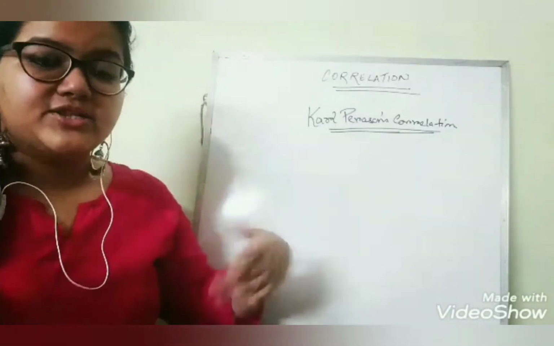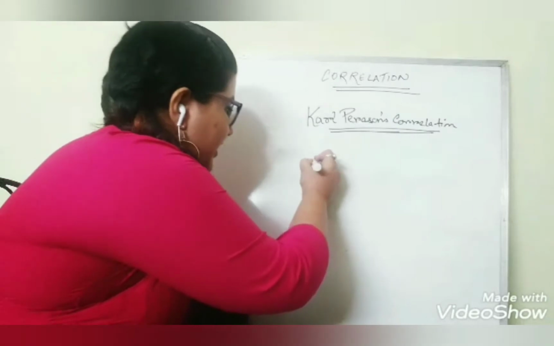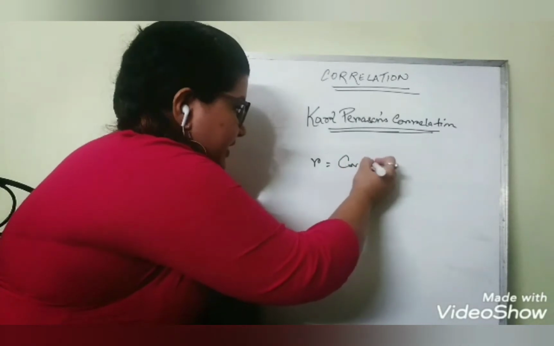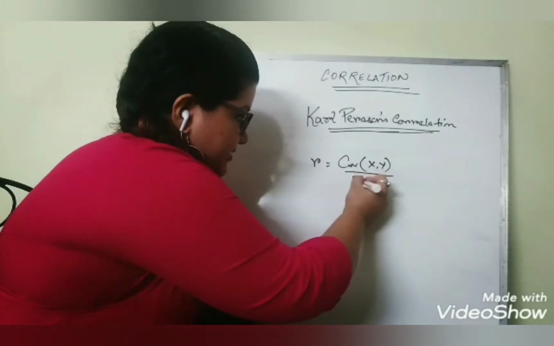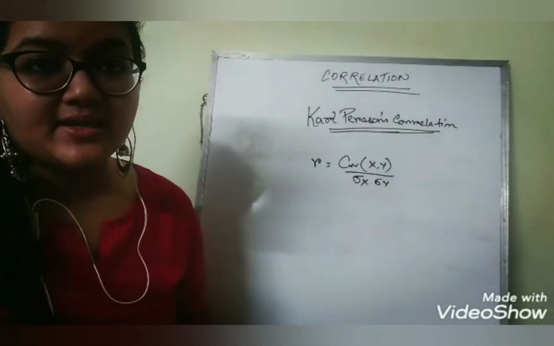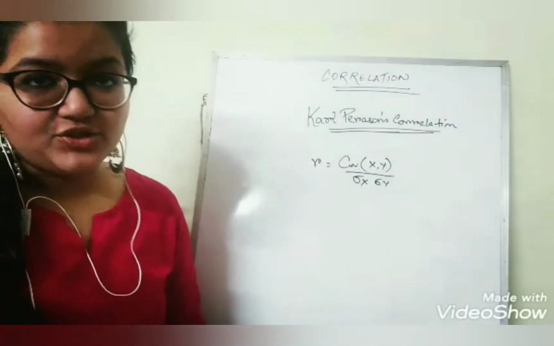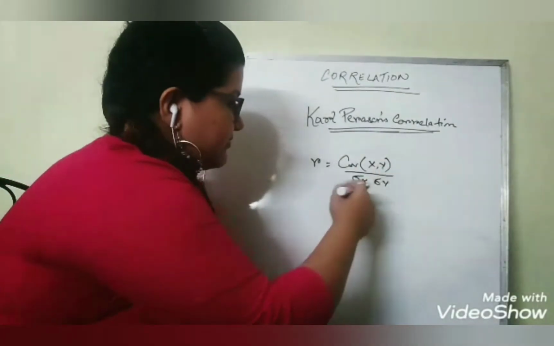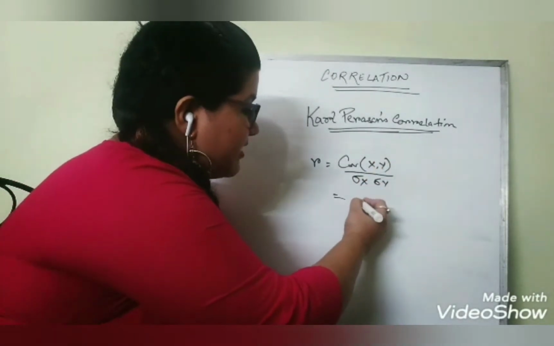Now what is the correlation coefficient, that is R, in case of x and y? So the formula of R, that is the correlation coefficient, is covariance xy by sigma x sigma y. Now what is sigma x and sigma y? Well, sigma x is the standard deviation of x and sigma y is the standard deviation of y. So it can be further broken into, as we said earlier, the formula of covariance. We'll break this into the formula of covariance xy, which is